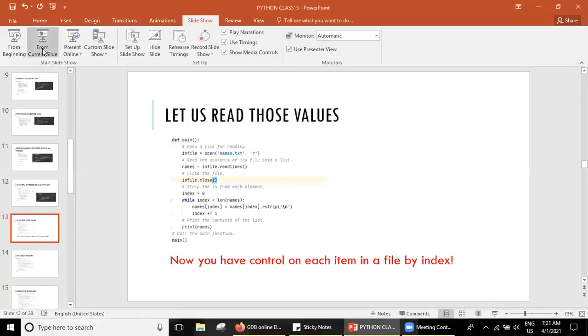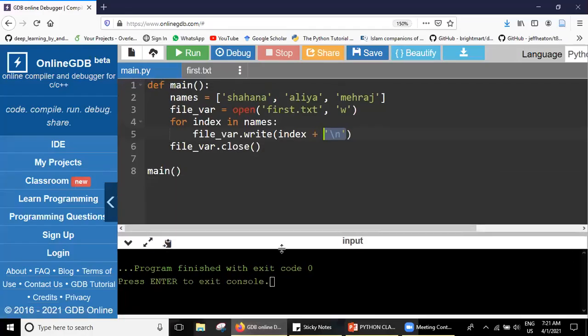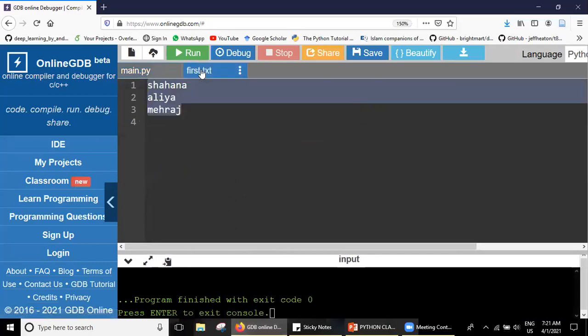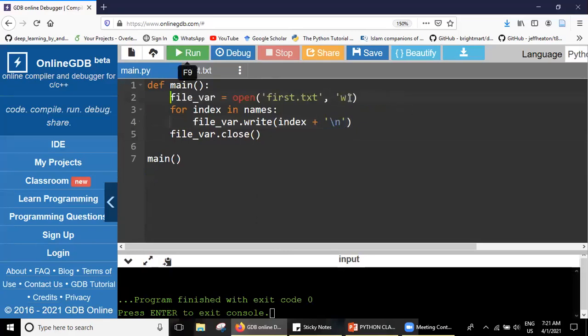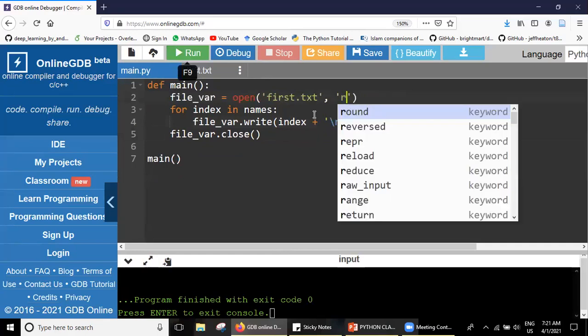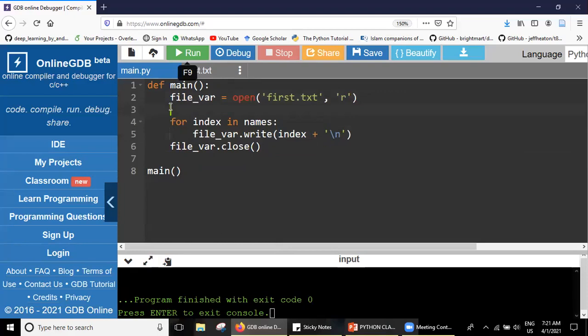A quick question: how can we access the list that is written here? Okay, now I want to read our file that is written. We have written everything. This is already written there in the file, so I'll remove this. Now I want to open the same file in the read mode, and I want to read everything that's there in the file. Okay, so I have to remove this all, and I